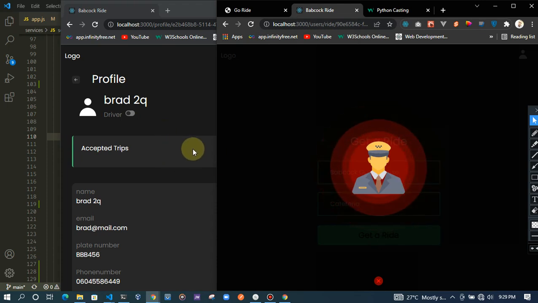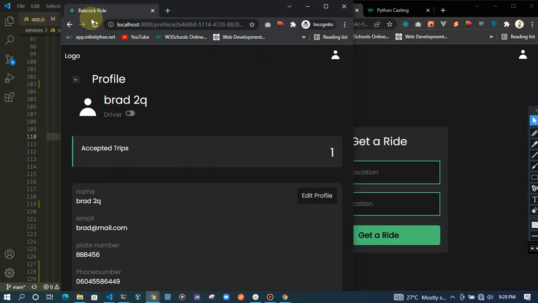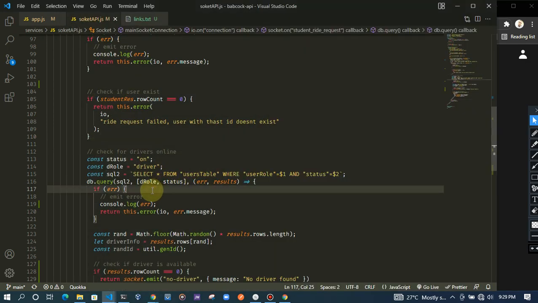As you can see, no connection or no event was sent to the driver, because why? The driver was actually offline here. So let's just reload this page right here. Let's move on. So we simply select all from users table, where the user role is 1 and